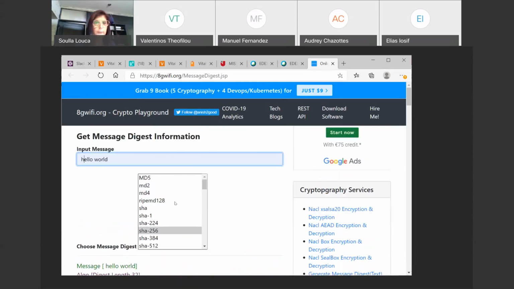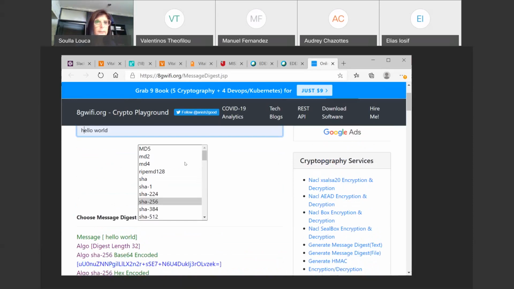If I do a slight change, wait a minute, let me make sure that you can see the whole thing. All right, now I think you can see it. So let's say that I change this to a capital H. Immediately, the hash changes. Now, we say that it is a one-way encryption because if I am given this hash,